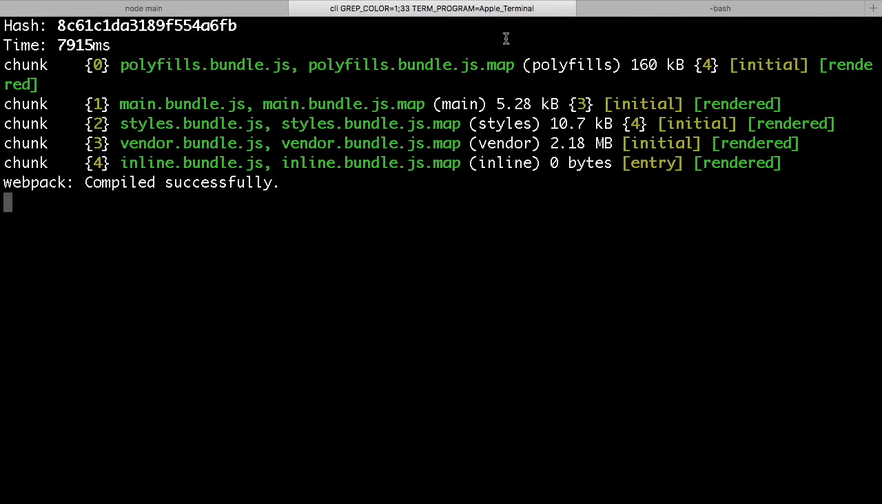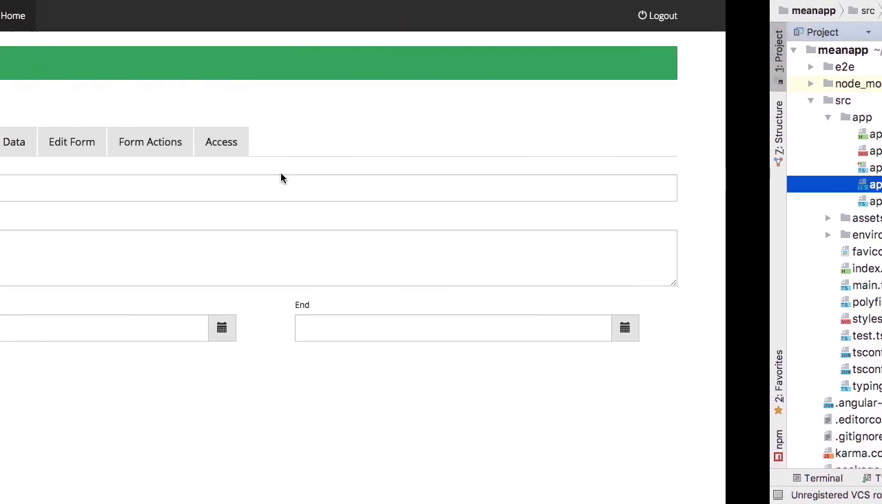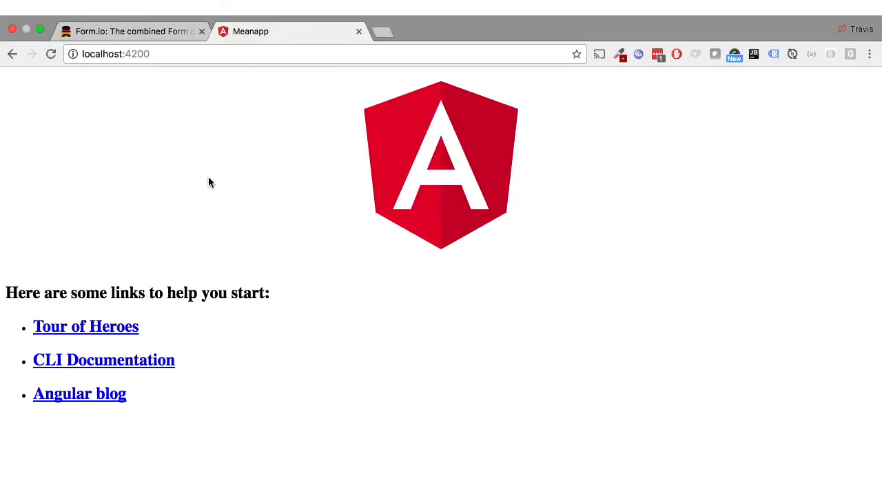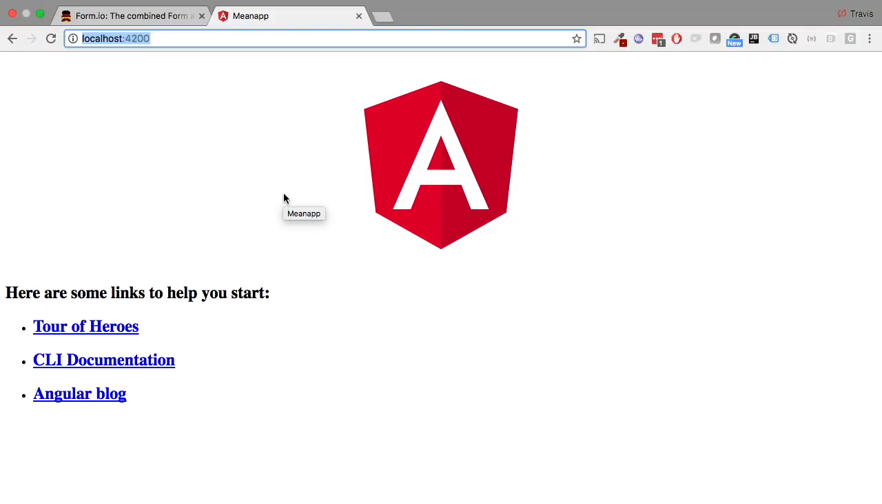So here I've got my application. I just typed ng serve. You should see something that looks like this. And when you do that, you should see something that looks like this. Let me know if you guys are to that point. Okay,